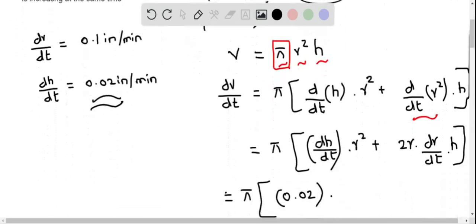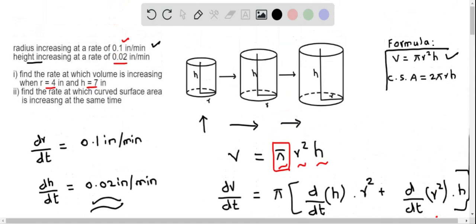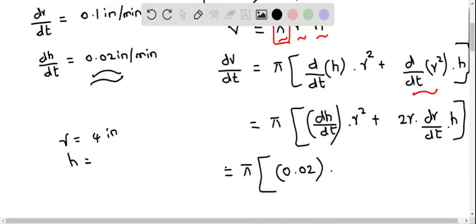So let's replace that. Let me copy that first. R equal to 4 inches and height equals 7 inches. So at a certain point of time, the radius and height of the cylinder is given as like this. So let's replace this. So I'm going to substitute 4, where it becomes 4 squared